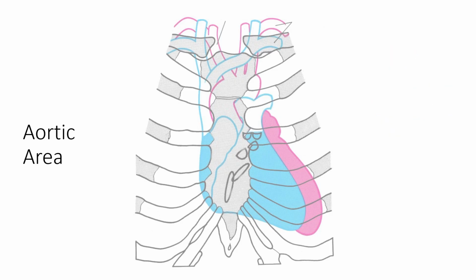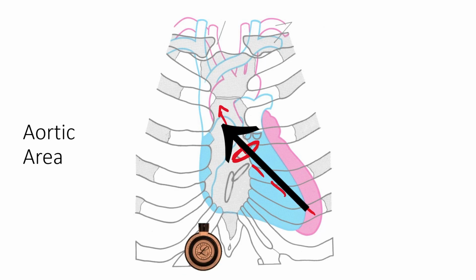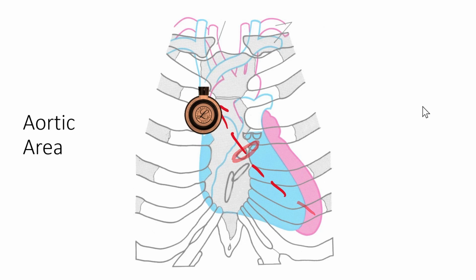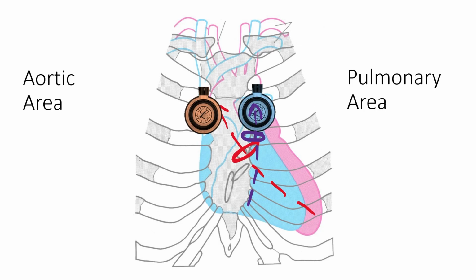Let us contrast this with the aortic area. The aortic valve is located at this point, and as you know, the left ventricle is located here, and from there the blood will go into the aorta, and hence the aortic area will be on the second right intercostal space. This is in contrast with what happens in the pulmonary area, which was from the right ventricle onto the